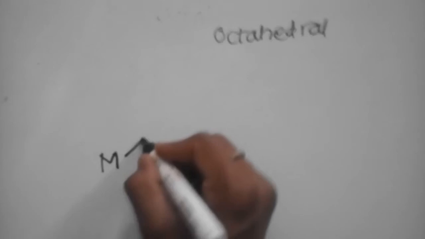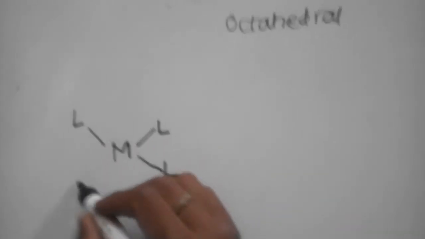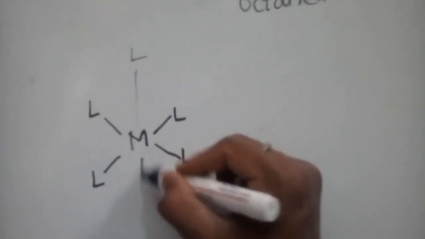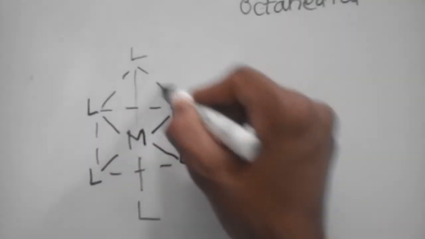We know the structure of an octahedral complex. There is a central metal ion surrounded by four ligands at four corners and two ligands above and below the metal ion. This is an octahedral complex. Now we know that in